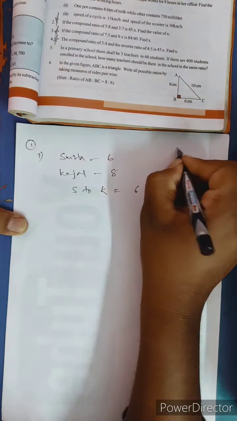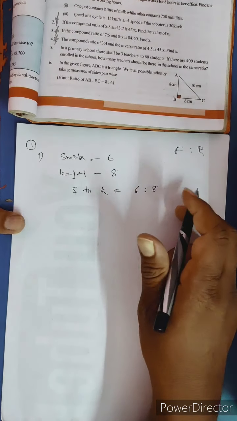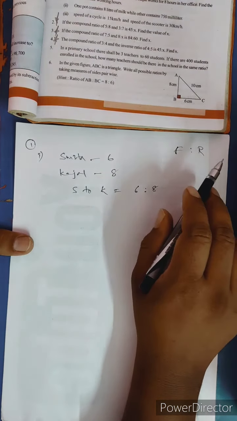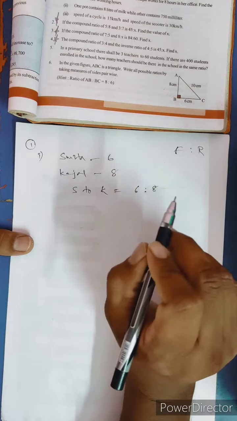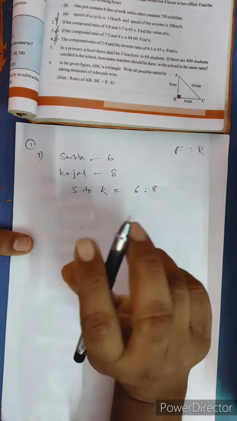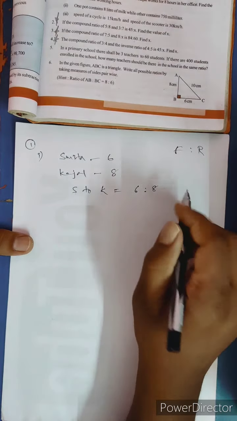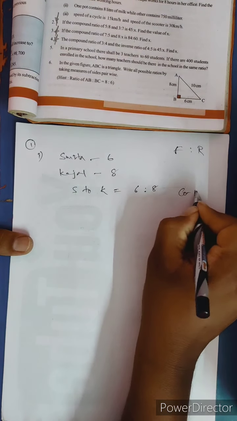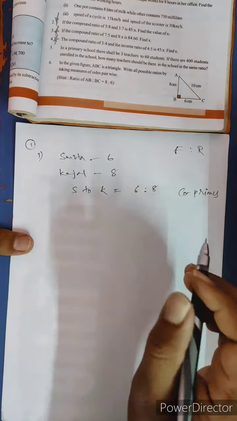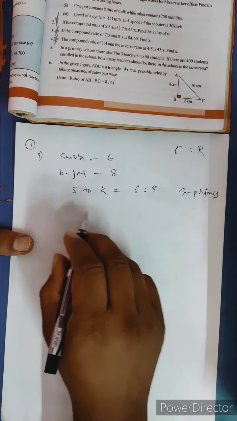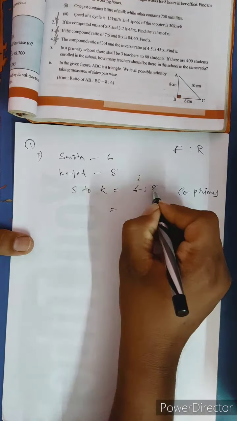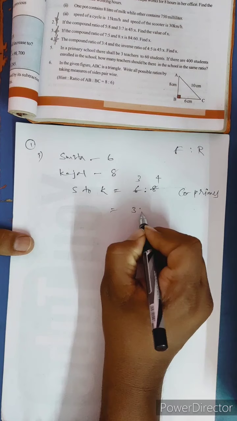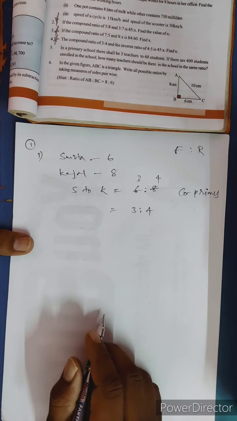Here the difference between a fraction and a ratio is, a fraction we can show in bigger numbers, but a ratio always needs to be shown in the lowest, simplest form. Their HCF must be 1, or we can say the pair of numbers must be co-primes, meaning their only common factor is 1. Now 2 3 times 6, 2 4 times 8. I reduced these two numbers to the simplest form. So 3 is to 4.